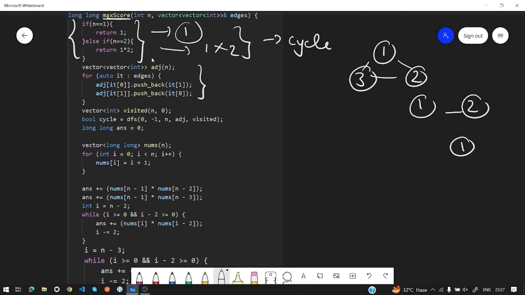So I have just taken the adjacency list. I have just created the adjacency list here. So the adjacency list is created here. Then we are taking a visited array. Now why a visited array? First of all, we need to detect whether this particular graph structure is a cycle or